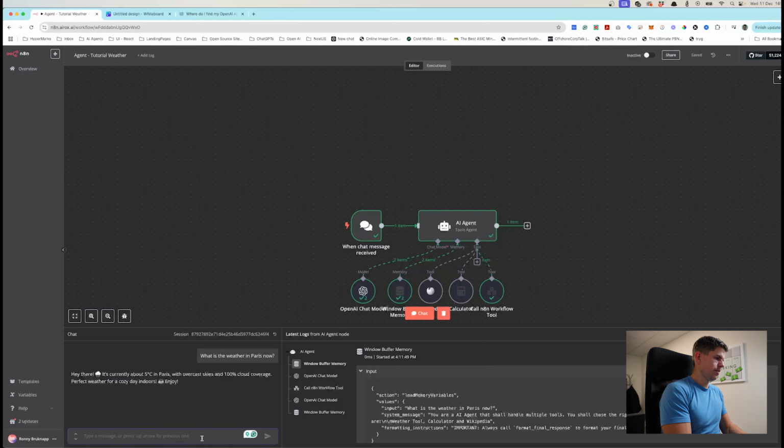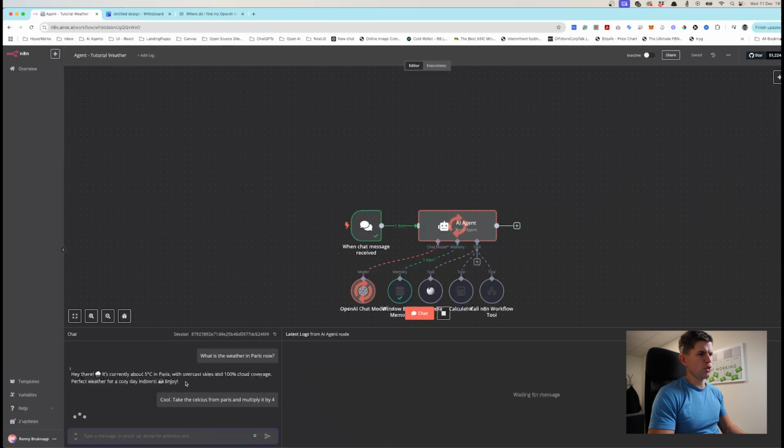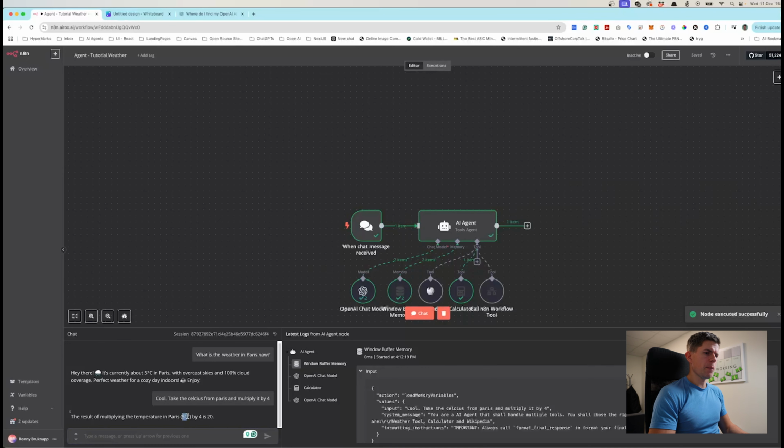Okay, cool. Take Celsius from Paris and multiply it by 4. Now we can see it should use the memory. Yeah, verify the weather multiplied by 4. Okay, this is working exactly as supposed to. Of course, this is just the beginning. Then we could add vector stores and Gmail, calendars, even content creation. Yeah, you can basically make a